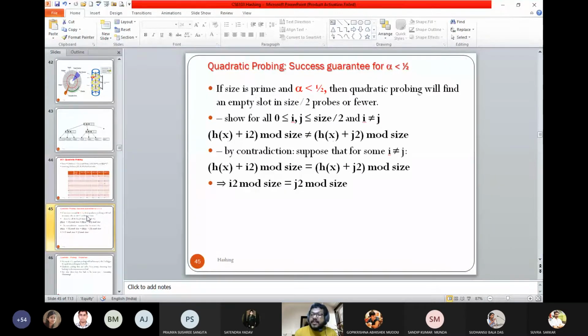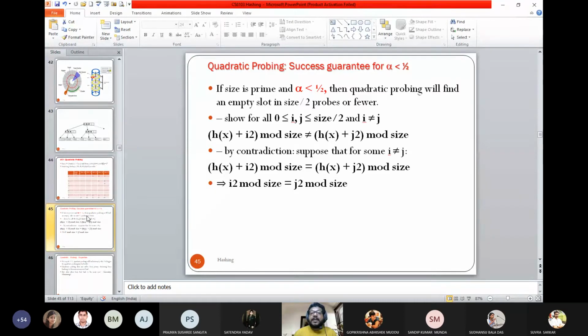The study, or the theorem proving, says that the alpha, the loading density, the number of elements to be stored divided by n into s, the number of locations, should be at most half. Suppose my table is a 10 cross 10 table, 10 addresses, 10 slots, so the total number of locations is 100, and I have 60 elements to store. So what will be the alpha value? The alpha value is 60 divided by 100. In that case, definitely it is not less than half, so again we are landing in the clustering effect.